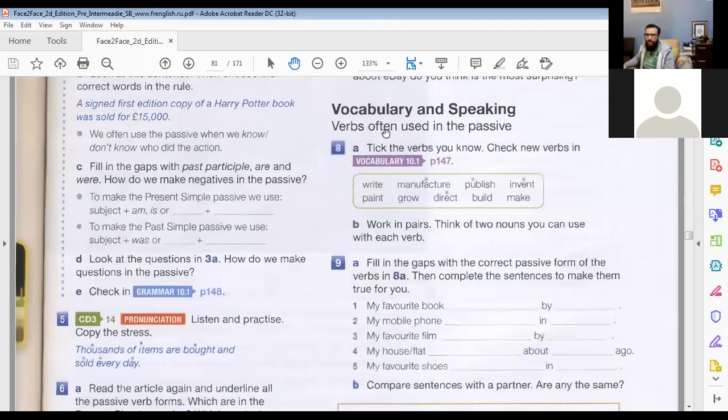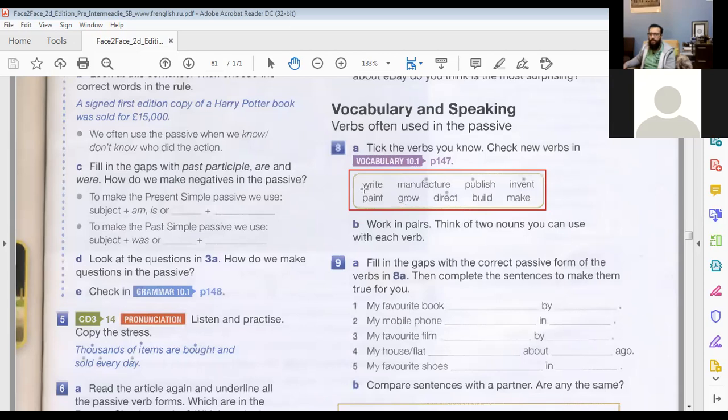So here it says verbs that we often use in the passive. So this list of verbs are commonly used with the passive. يعني يستعملوا فيهم بكثرة. طبعا هذه لها علاقة حتى بطبيعة الفعل. Because when you use these verbs, usually it's not important who did the action, but it's important what action was done. All right.